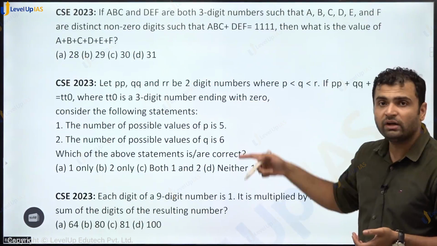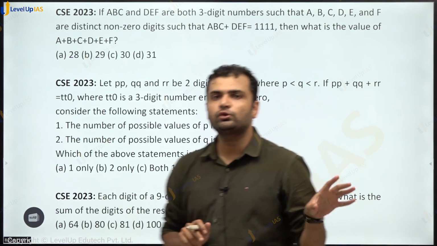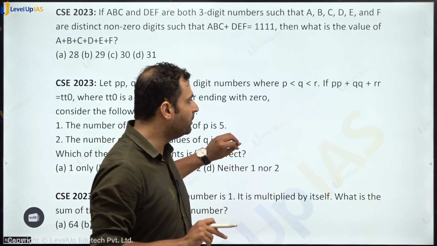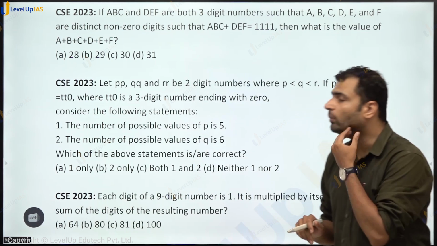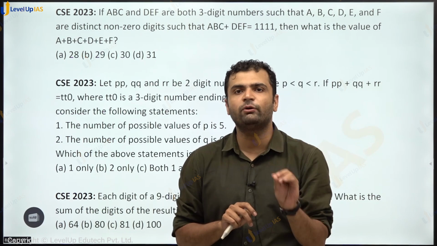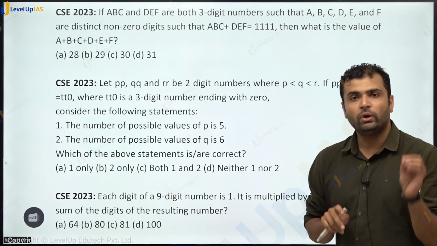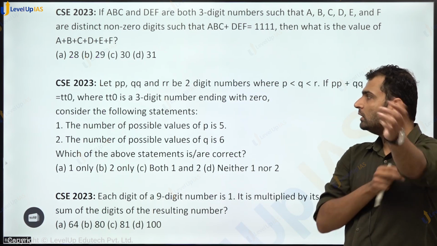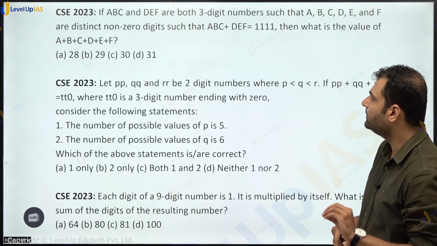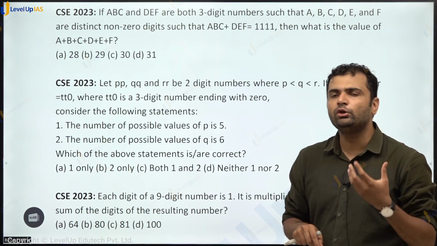Next, ये थोड़ा difficult question है. This is something I have put purposely here. I'm not going to solve it here because it takes a bit of time. But see, I want to tell you that this question is not difficult, but it is a lengthy question. It will eat up your time. This is something you need to avoid. One of the identifiers, it may not always work, is that you can start attempting the question, then only you will know.